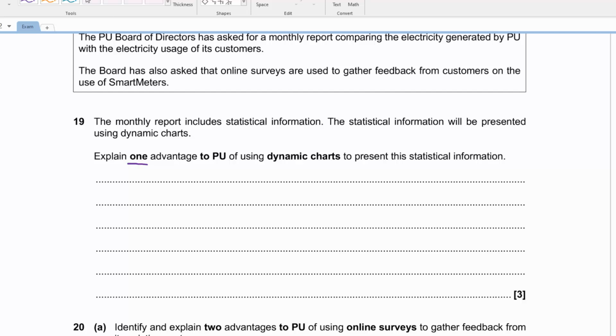So what is important here is to appreciate that it's not asking generally why a chart's good, it's asking why dynamic charts are good, not just any old chart, because a chart could be like a pie chart, like a bar chart. They are good charts because they're visual. It's better than just loads of numbers on a page, having a nice bar chart or a nice pie chart. But a normal pie chart, for example,